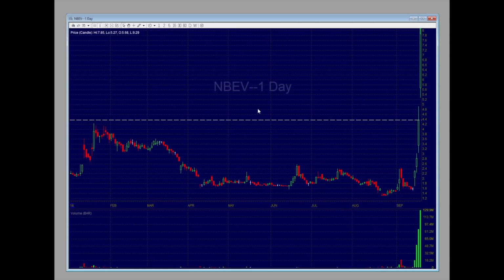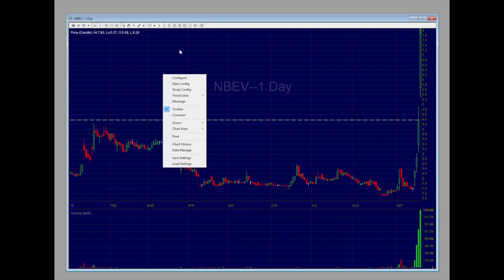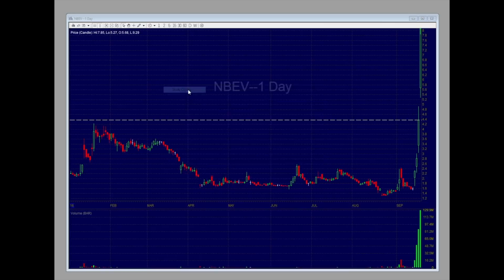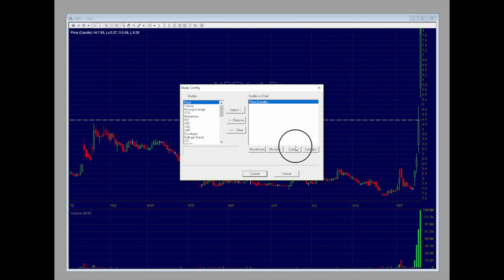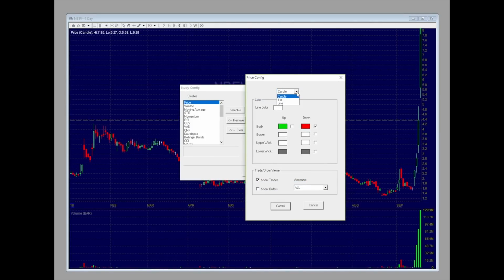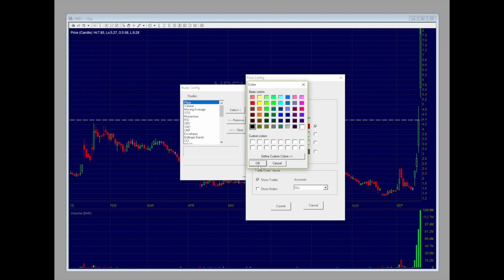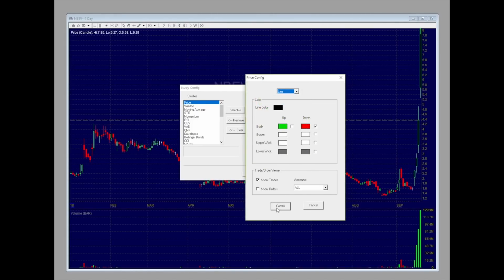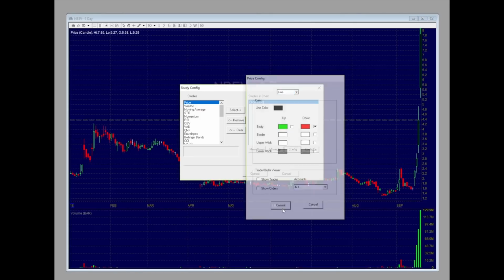All right, so this is just my standard charts, my candle charts. This is just what I use. But what we're going to do is create something from scratch. So we're going to right click on the chart and go to Study Config, and then Price. We're going to configure this and make it a line chart. We're going to turn the line into a black line, and then turn that off there,